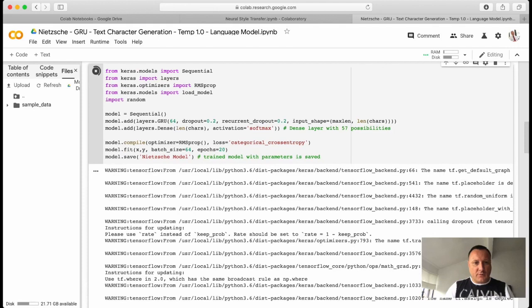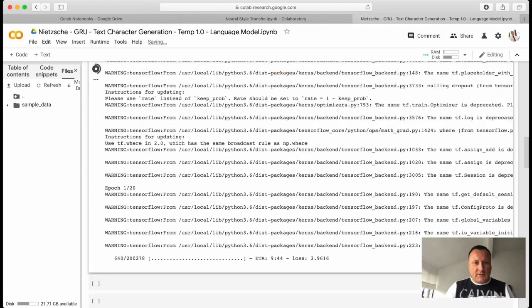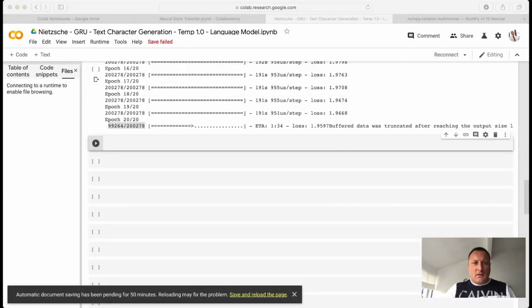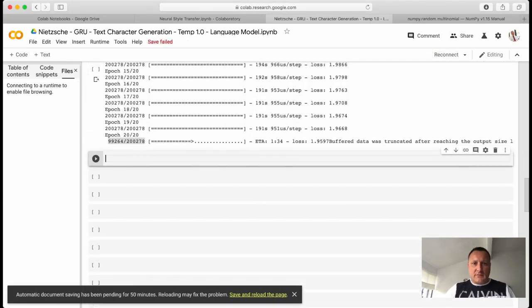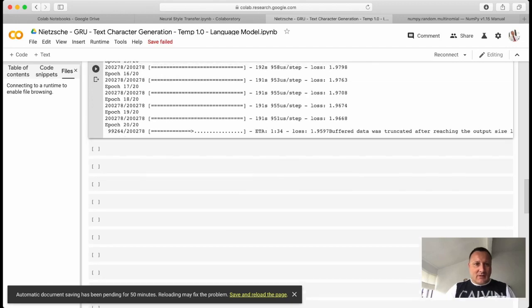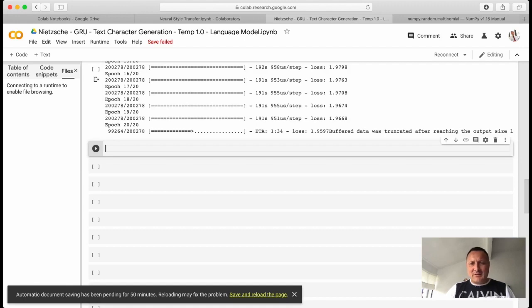So we started running, and this is the first epoch out of 20. All right, so here we have the outcome of the epochs. We've taken 20 epochs, but if you see here, we've not gone through this 20th epoch in full. That's not a real issue here, so I assume that the model has been trained now